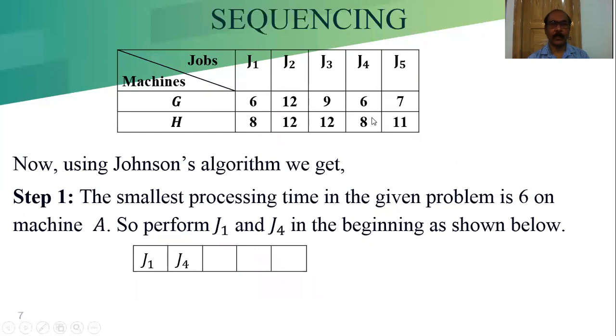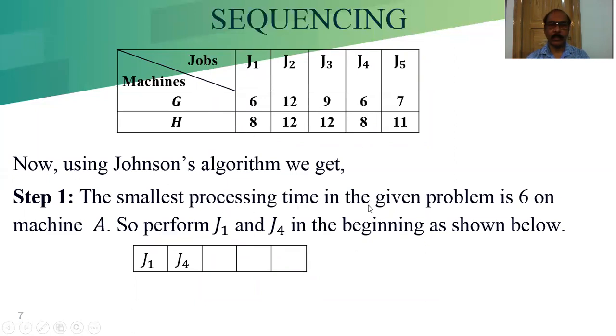So we cannot compare which one is greater. Both have the minimum 6, for job J1 and for job 4, and for comparing, this is a tie case. If we compare the execution times on machine G, both are 8. So it is better to take J1 first and start its processing first, then J4 second.